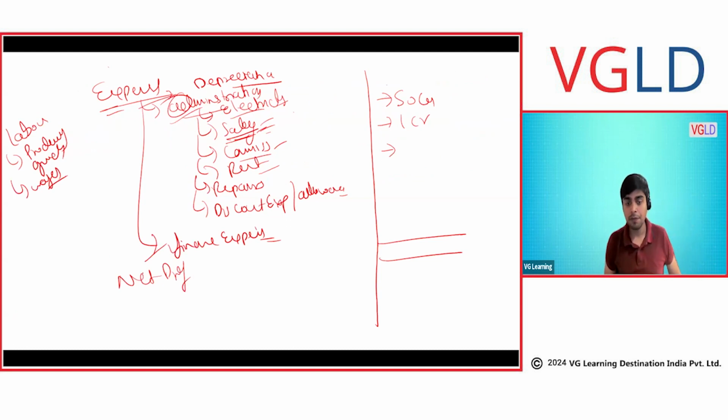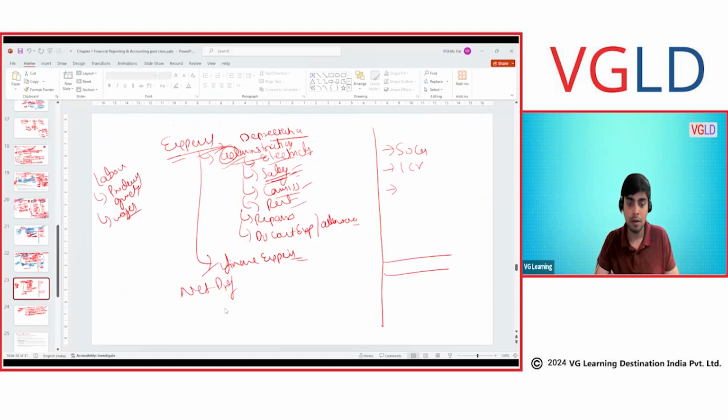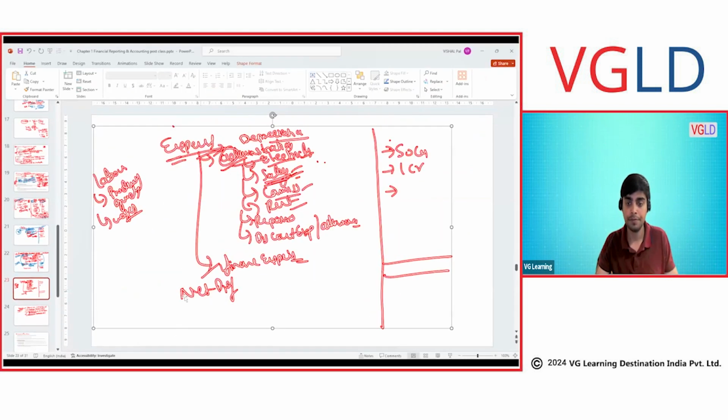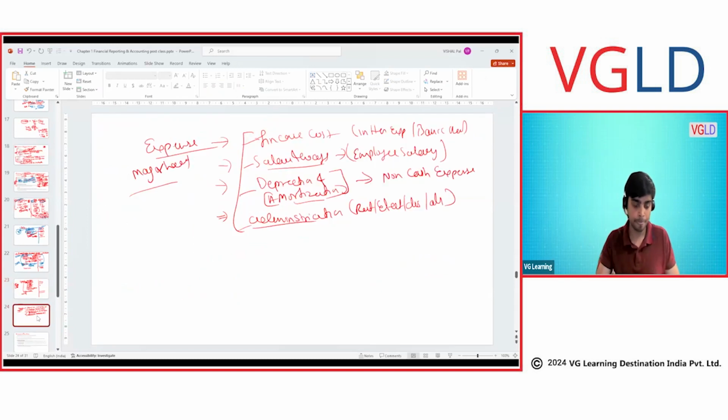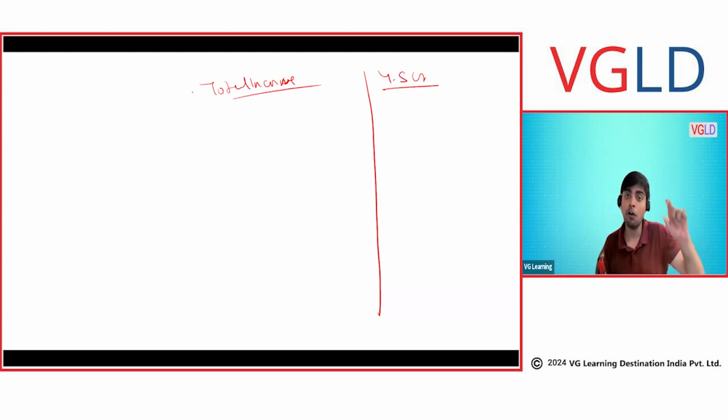Okay, now you will have a profit. If we are discussing this, let's discuss this in a moment. Continuing with the total income, 4.5 crore. 4.5 crore is basically 0.5 crore as other income and 4 crore as gross profit. I hope you remember. I should write it in better writing.